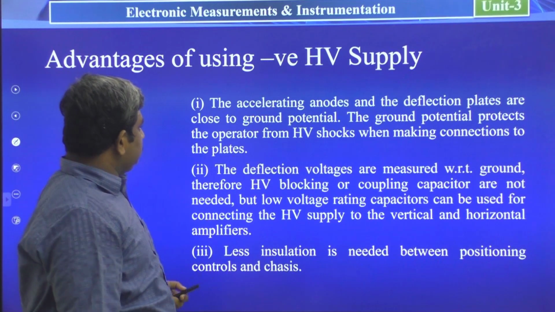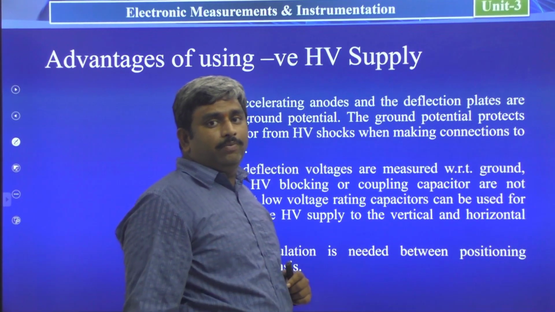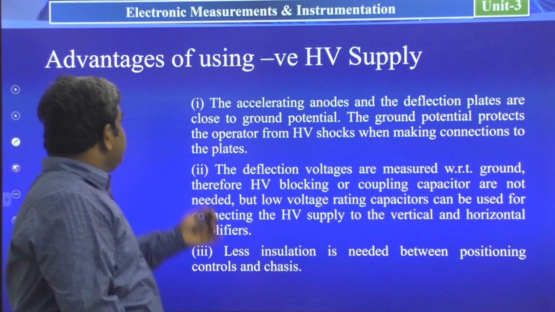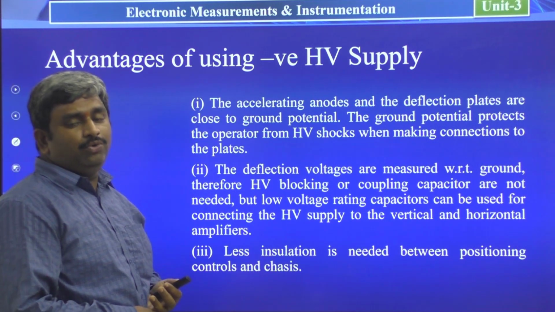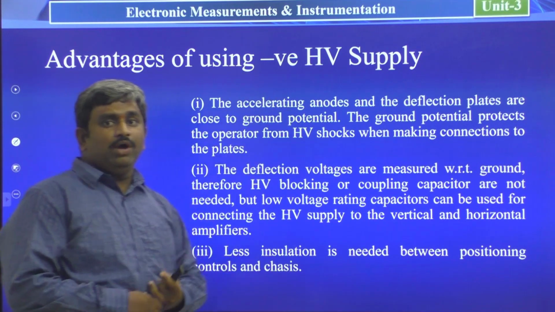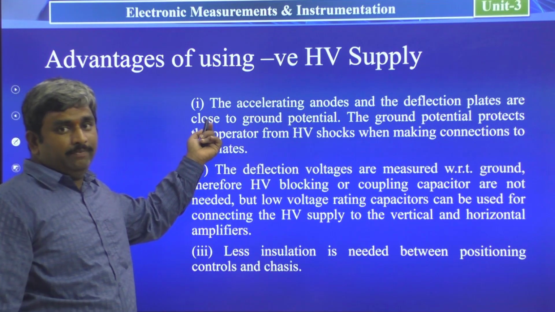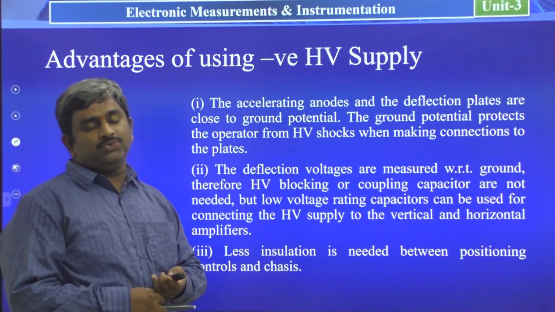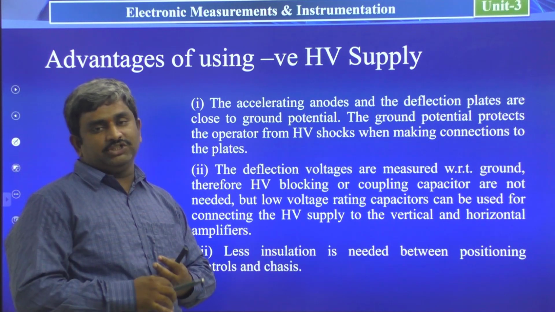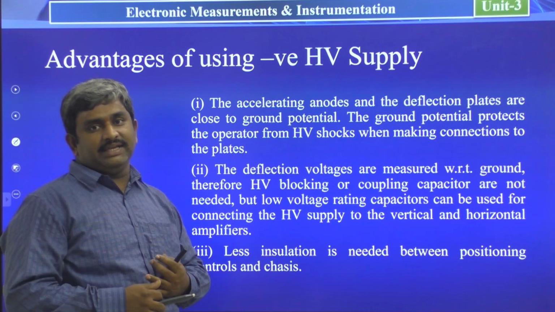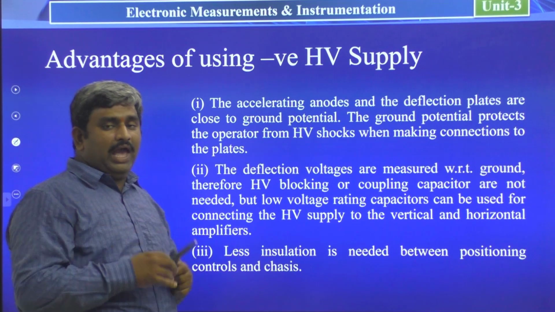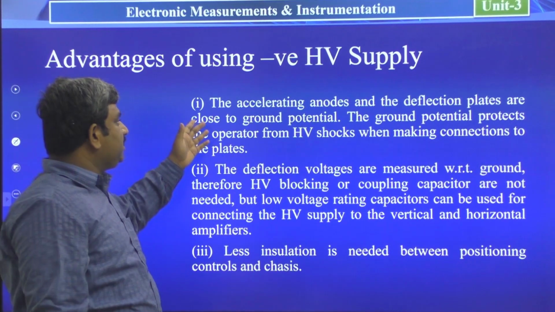Okay, let us see next. Coming to positive voltages, we know that for running the circuit we are using different types of positive voltages. Then what is the use of the negative voltage, that too high voltages? What are the advantages of this negative high voltage supply? Generally these negative high voltages we apply to the electron gun, where 3 anode sections are there: pre-accelerating anode, focusing anode and accelerating anode. For those 3 anodes we give the negative high voltage supply.